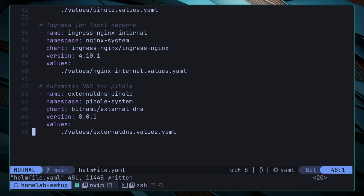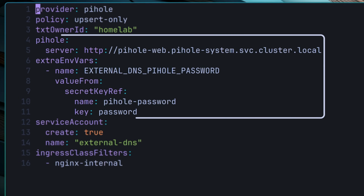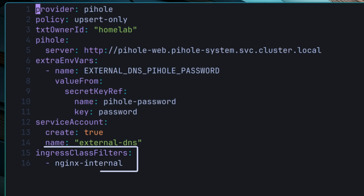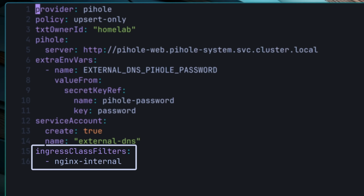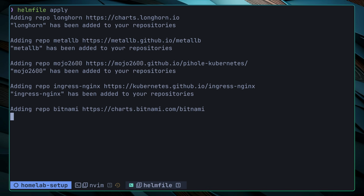a values file in order to set up any custom configuration. Here I set up the DNS server that external DNS should write to be the Pi-hole instance we had already set up. Then when it came to detecting host names, I configured this to only check for those found inside of the Nginx internal ingress, which was achieved by adding nginx-internal to the ingress class filters property. All that remained now is to run the helm file apply command one last time, and the external DNS service